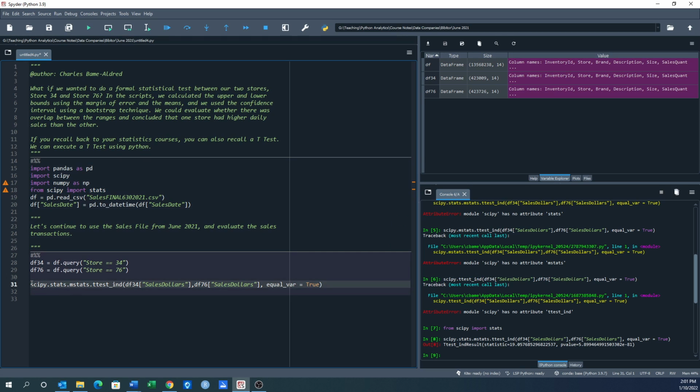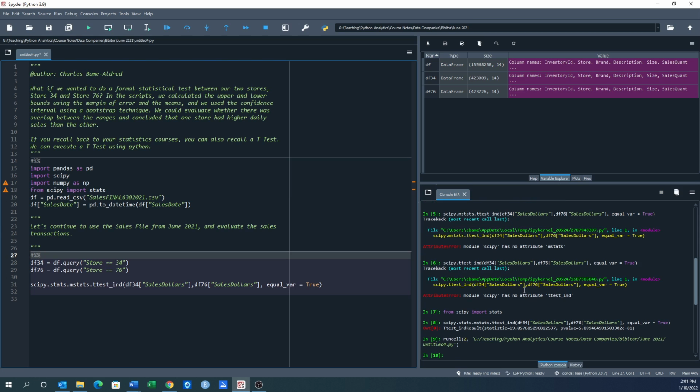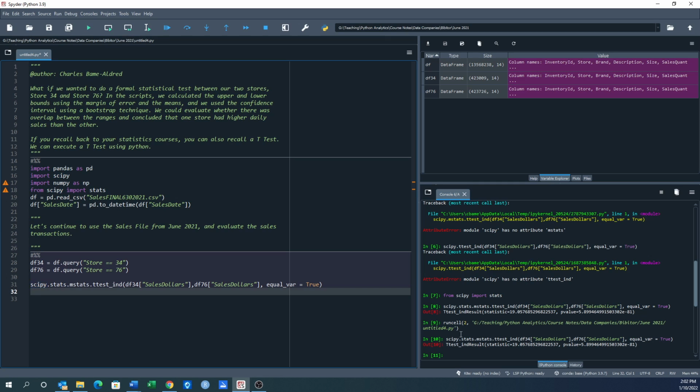So when I run this whole cell, it's going to hopefully soon give me the individual stats. I guess I need to have it put somewhere or run this one line separately. Let's run this one line separately. Oh, here we go. Here's my output for it. So I would probably have had to assign it to something. So the t-test independent result,